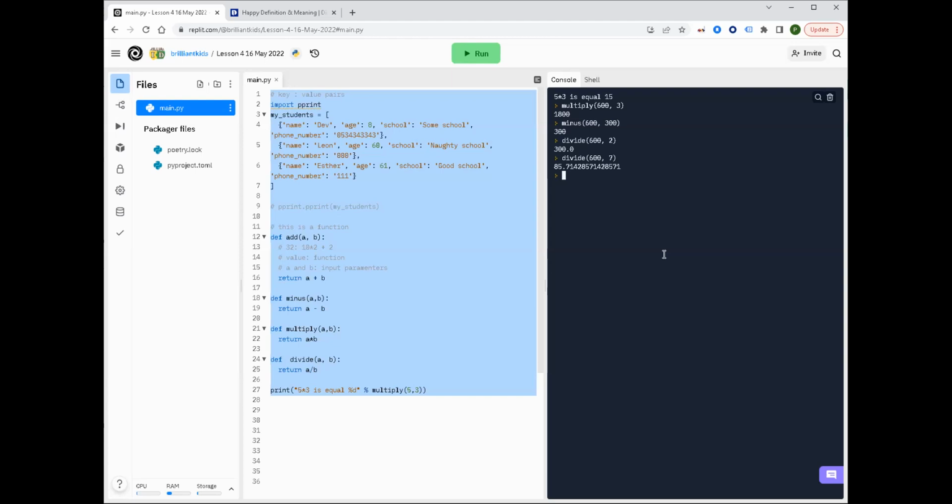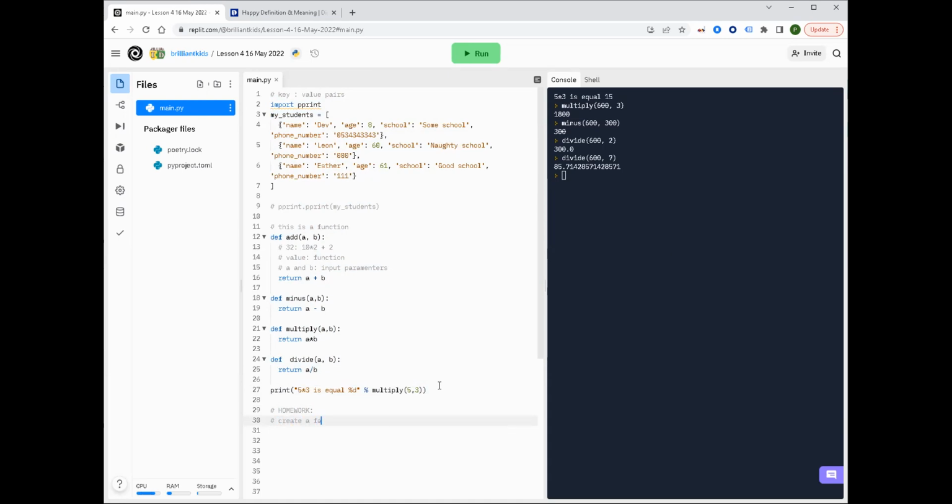And now I should give you homework. So today you learned about functions. You learned about dictionaries. All right, I want you to create, okay, this is your homework. We've only got 4 minutes. Okay, homework. Create a function